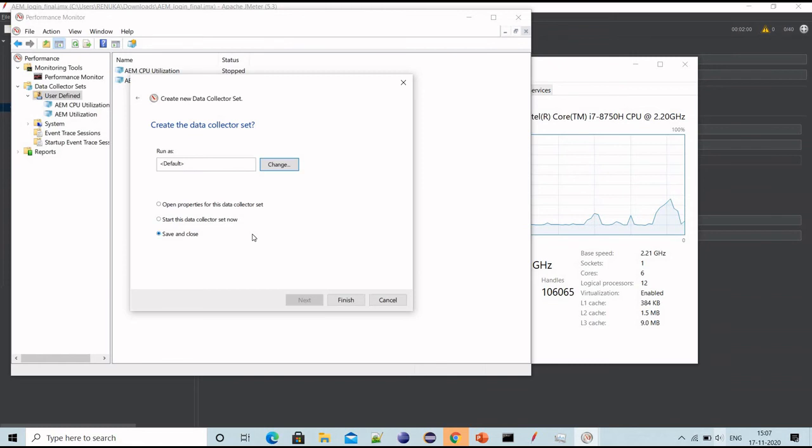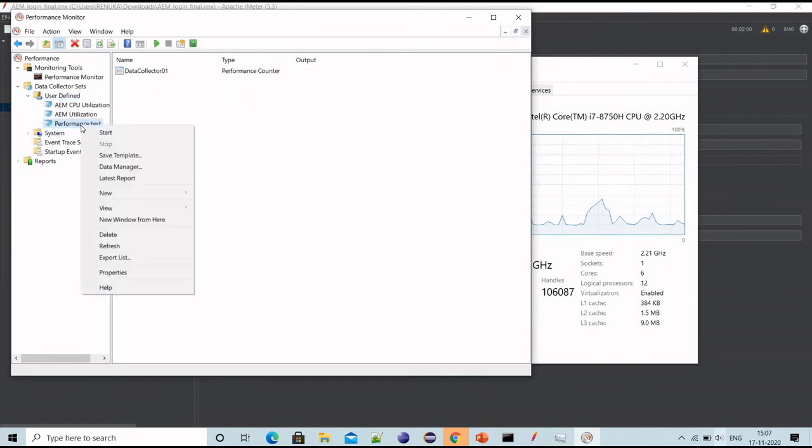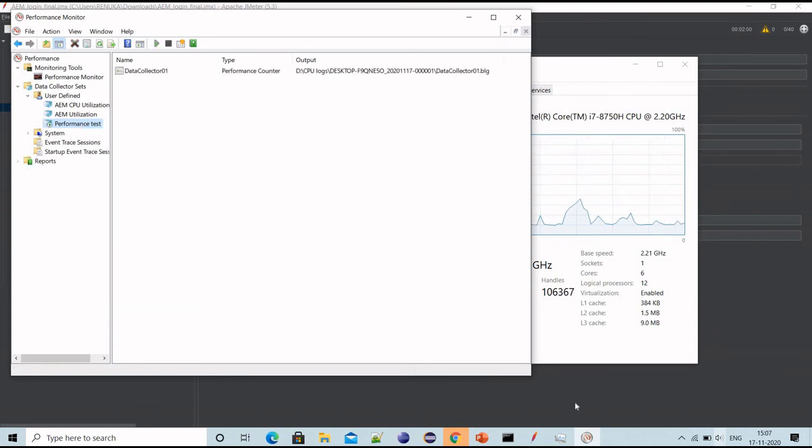Next, and then click on finish. So now we have the new data collection. We can start it by clicking on the start button. So now it's started.